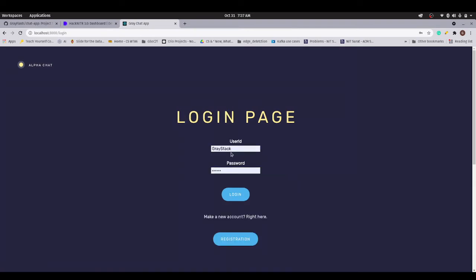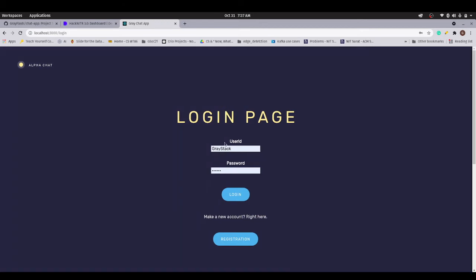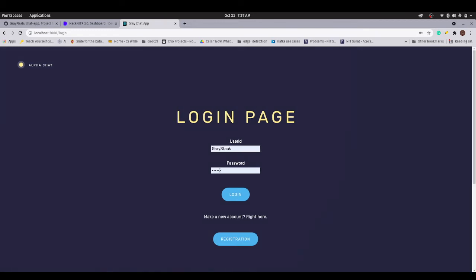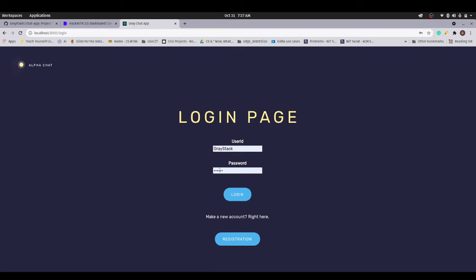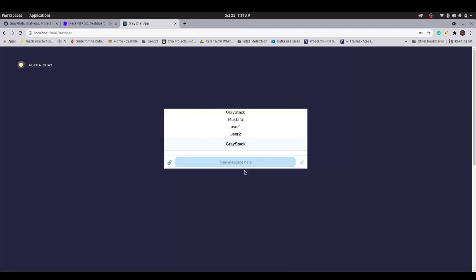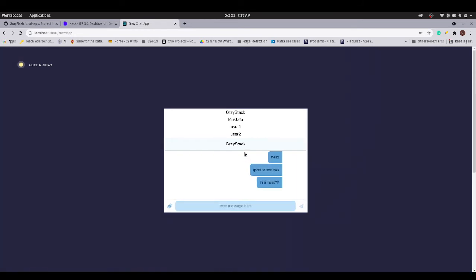Okay, so if you go to the login site, suppose this is my user ID and password. What it basically does is use these credentials as a component for AES decryption. It will try to find the keys against my user ID, and once it finds both the public and private key, it tries to decrypt the private key using this password. If it is able to do so successfully, it will give me a pass token. So yeah, it was able to generate that pass token successfully,